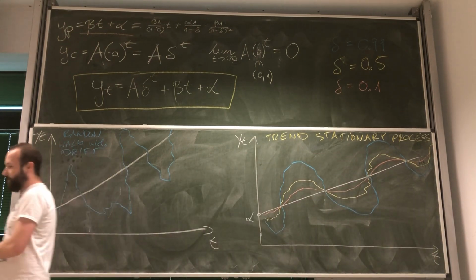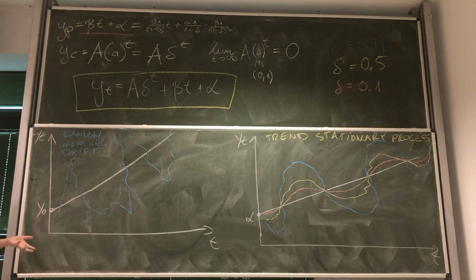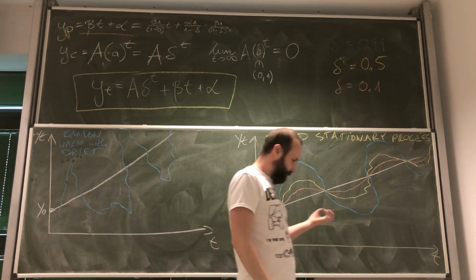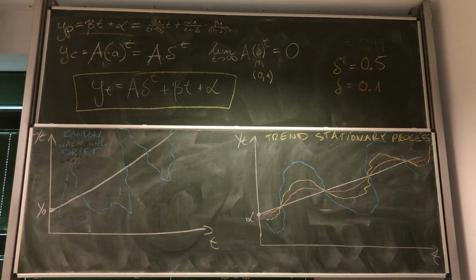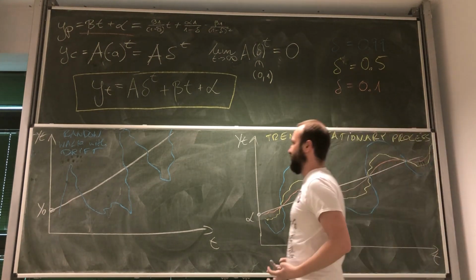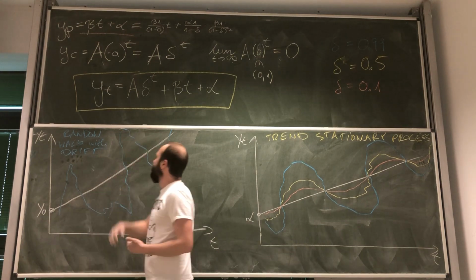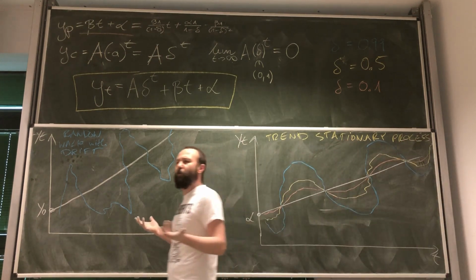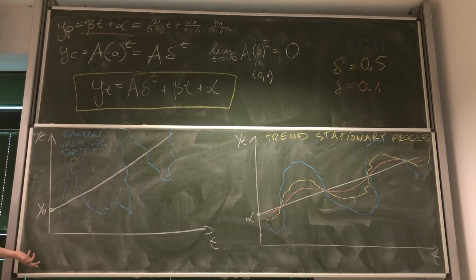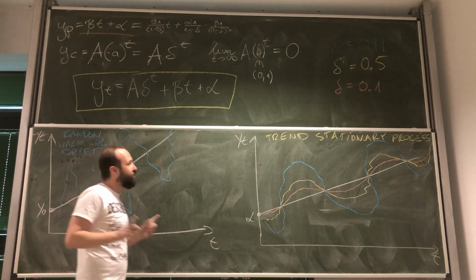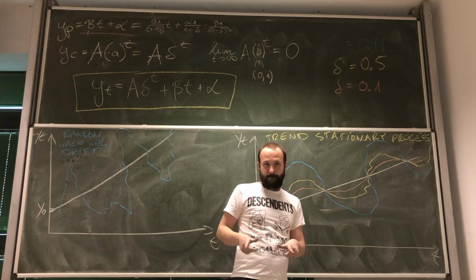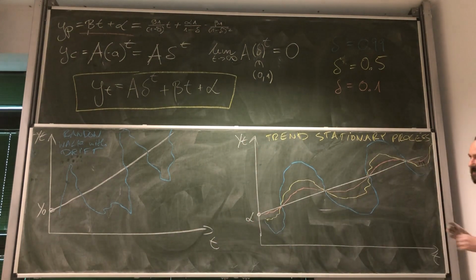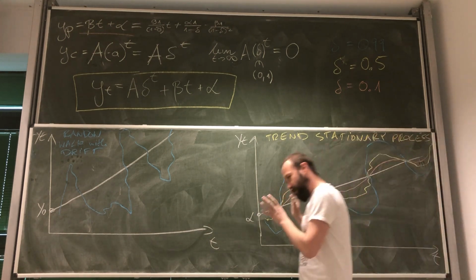Okay, so knowing this, your next question should be: we know that a lot of economic and finance processes can be described either by random walk with drift or by a time trend stationary process, but how should I know which one to use? For that, we need to do some testing. And these tests, called unit root tests, are going to be the topic